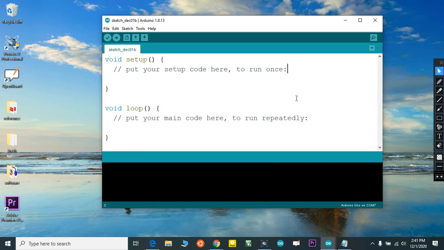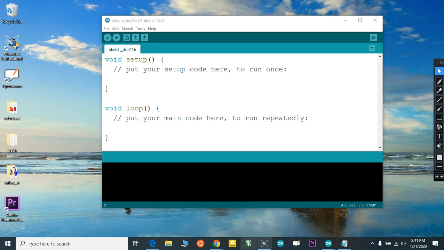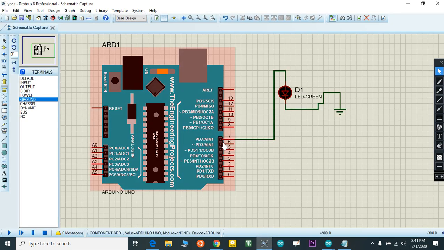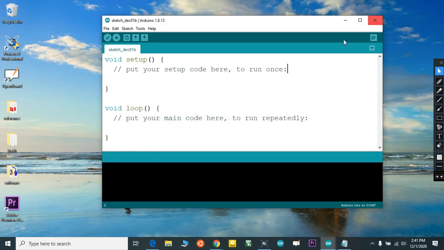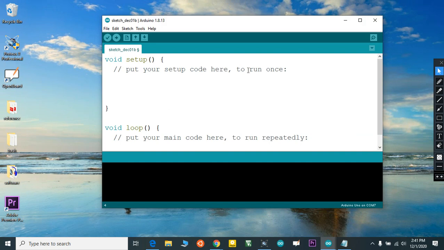First we need to set our direction. Which pin did I connect? You can see here I connected not 6, it's pin number 7. So I first need to set the direction of that pin, using which function? pinMode. Which pin? I'm declaring the 7th pin, set as output.